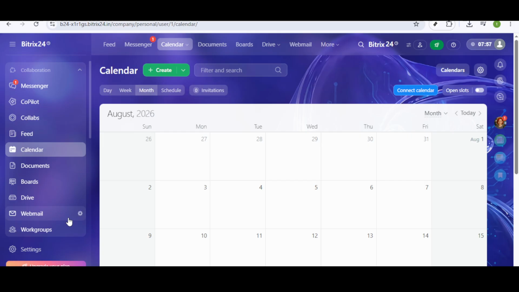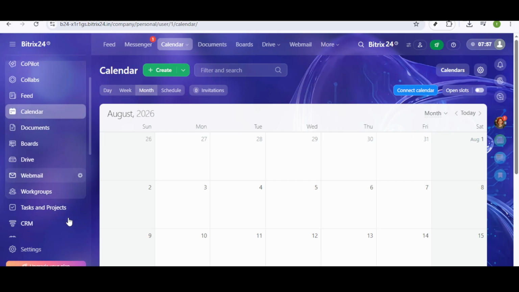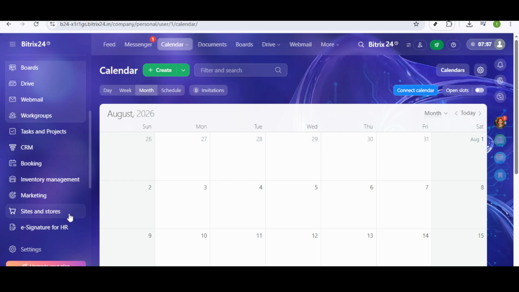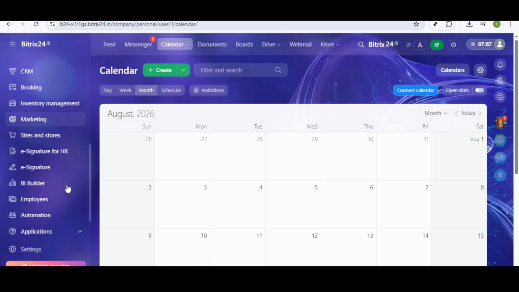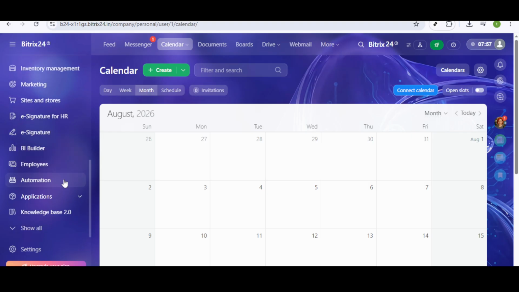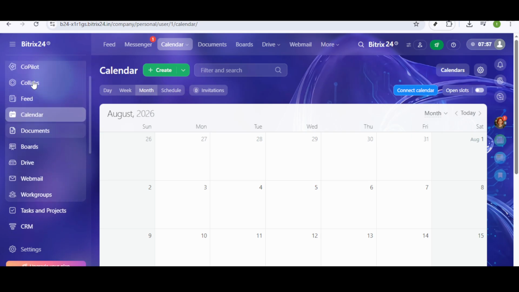Finally, Copilot, Bitrix24's AI assistant, is here to make your life even easier. Whether you need help with navigating the platform or automating daily tasks, Copilot can guide you and provide insights to improve your workflow. So there you have it, an introduction to the main menu functionalities that are essential for beginners